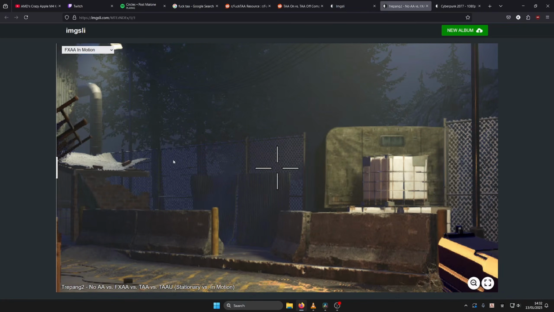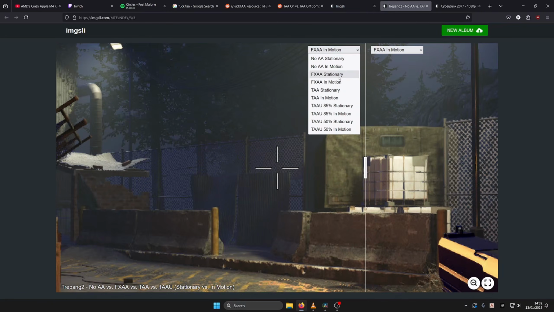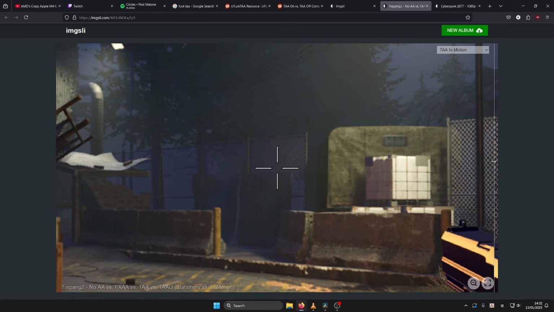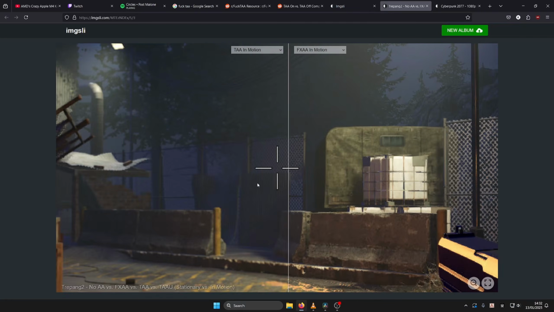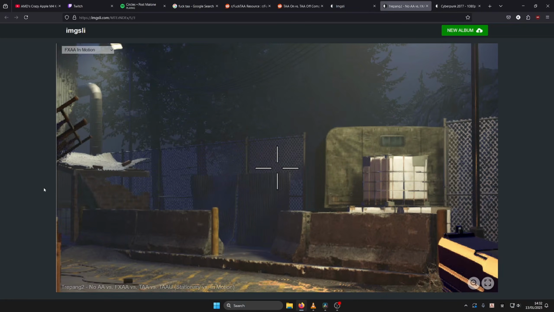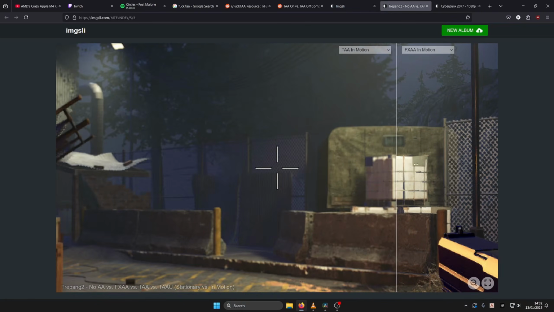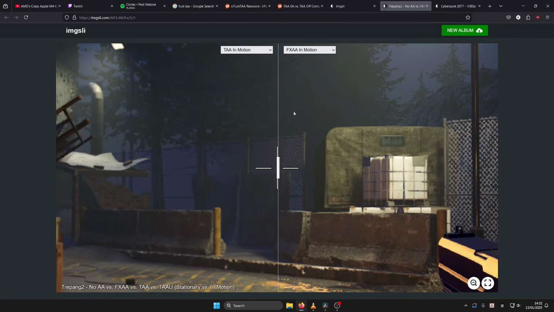Here. Yeah, the fences, they're quite pixelated. Honestly, from my experience, FXAA doesn't really do that much. It's a pretty obvious difference. Yeah, here we go. With TAA, the image looks pretty clean, and with FXAA, it's sharper, but it's definitely aliased, alright? So that's the difference between TAA and other AA methods.